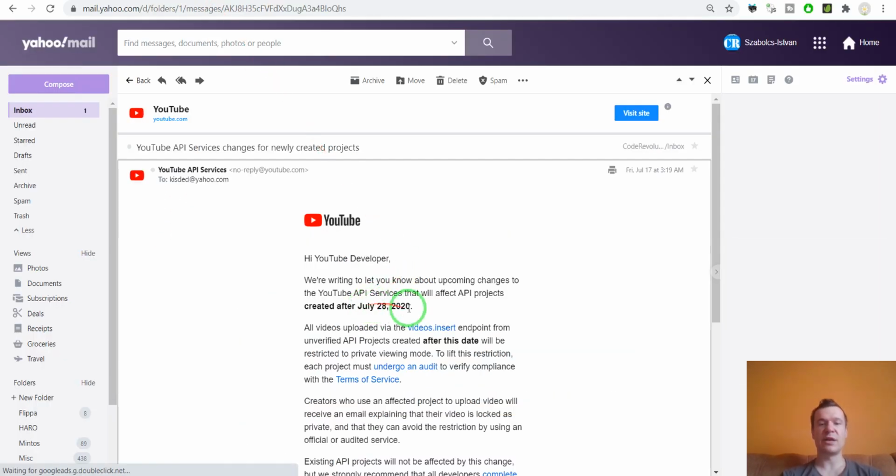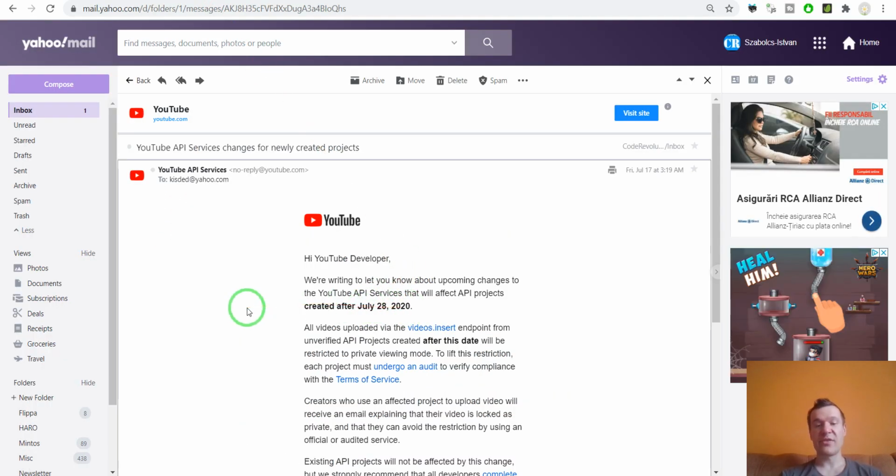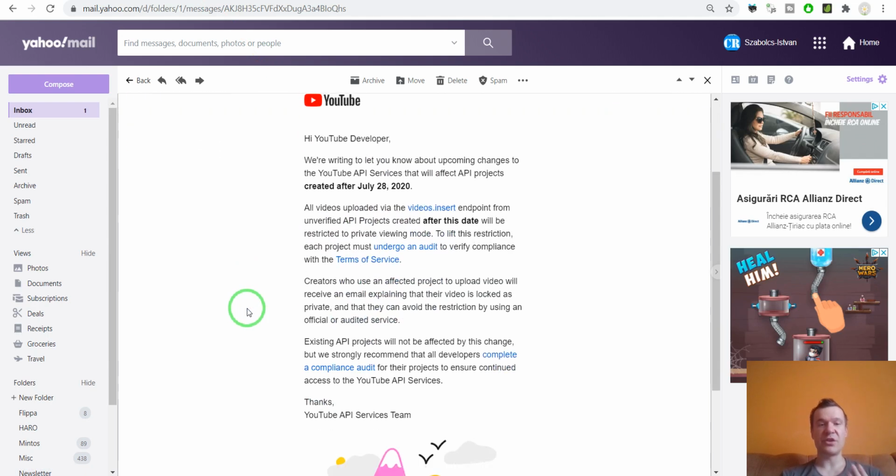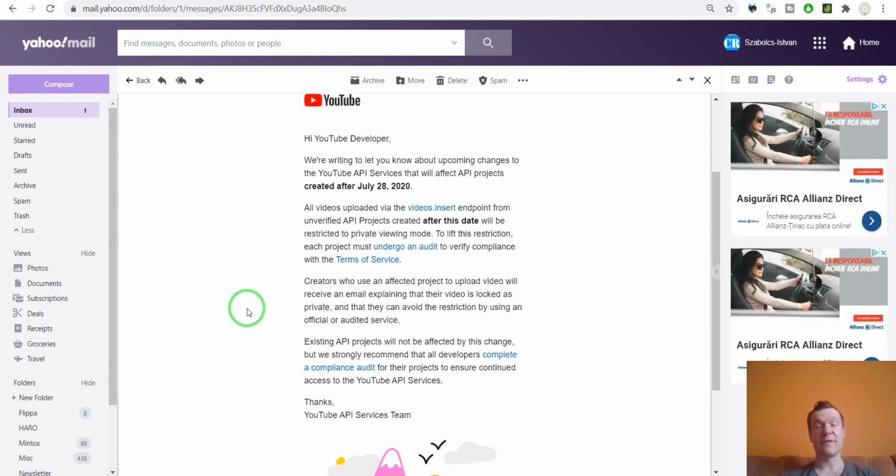So guys, the thing is that you need to go into the YouTube console right now, the YouTube API dashboard, and create some apps. If you don't have apps, let's go and create apps, because if you need to create some YouTube apps after the date of 28th July 2020, they will be limited and they will not be able to upload videos publicly